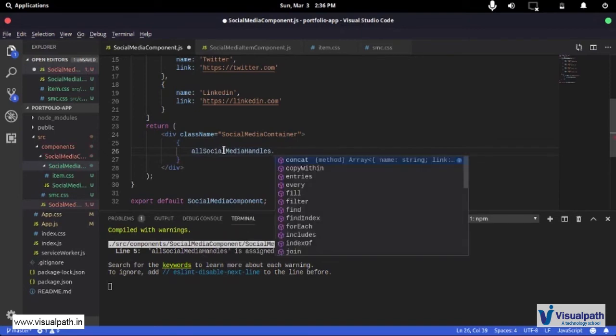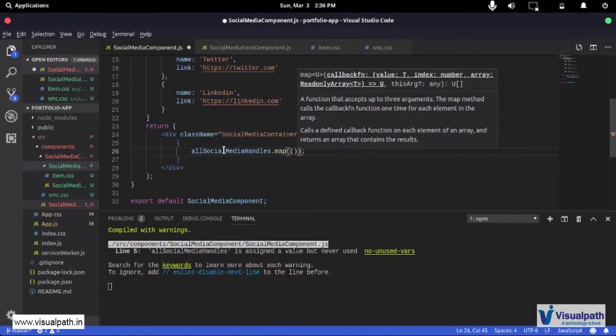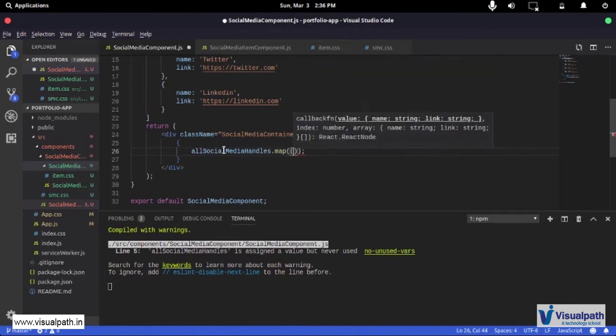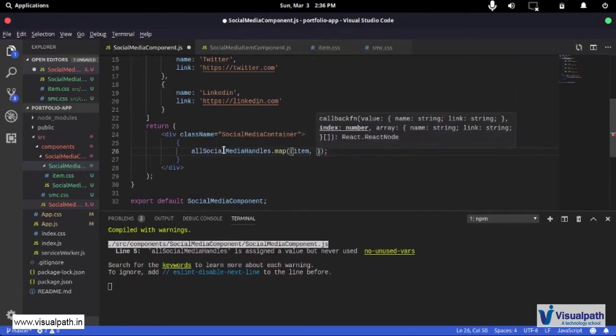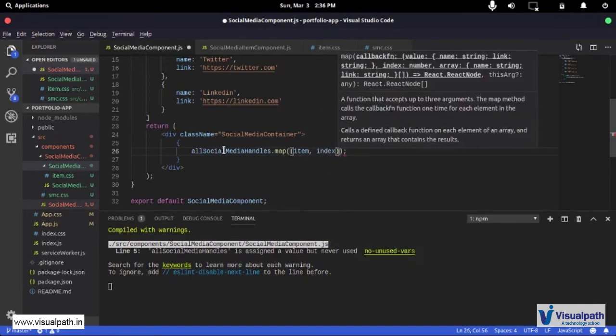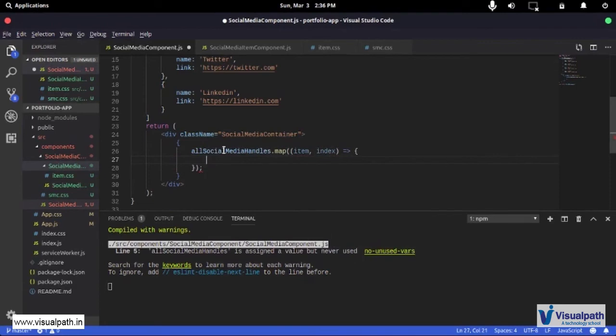Now this is an array, and I can map over all the elements of this array using map. If you already know how map works, it takes in a function, which is a callback function. It's going to call on every single element you pass into this. It gives you the item that is on the current thing, and it gives you an index. Then it can return anything.